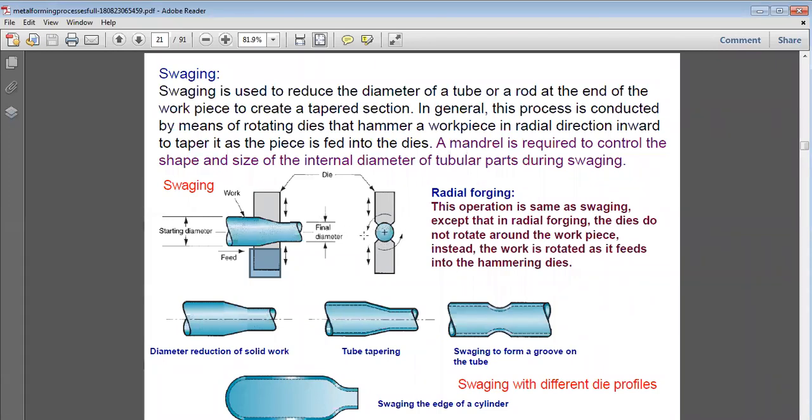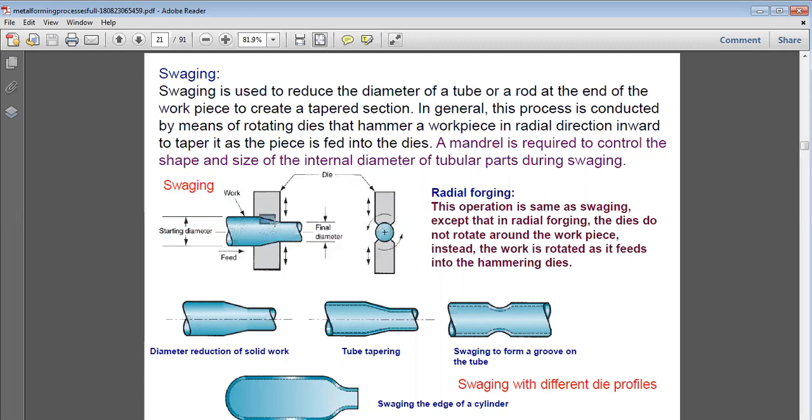If we see it from the side view, we see your dies are rotating in this direction. When it is rotating in this direction, the shape of the dies is at an angle. That is a tapered angle on this side, this one on the upper side, and this one beneath. So when the dies are rotating, the workpiece is being cut at a tapered angle. So the final shape provided to your workpiece will be something like this.